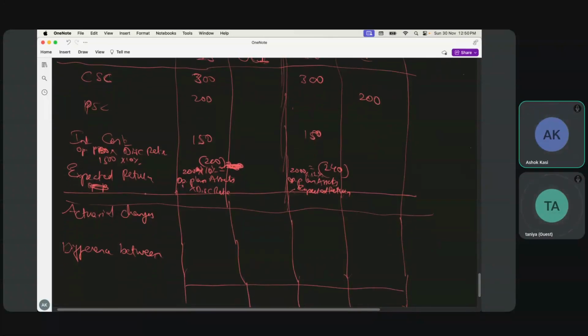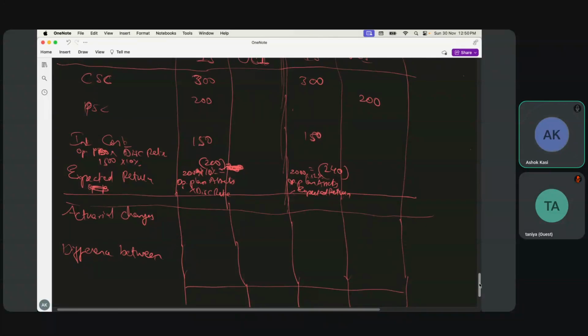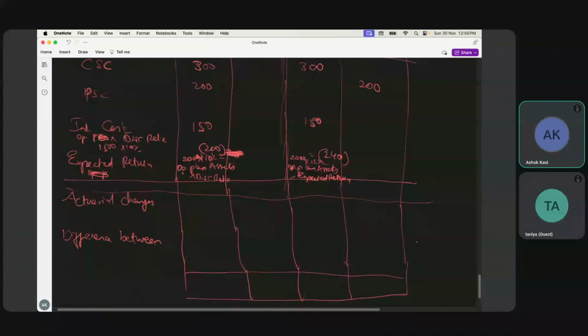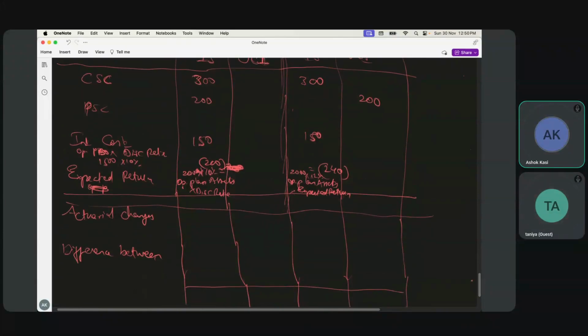Okay. Then actuarial changes. The changes are because of that 200, right? 200 minus 200. Yeah. Because it is 200 minus actuarial changes, these two parts will come on the OCI side. Because it is minus, it's a cost, so I'm making it a positive number. Okay. Then the difference between